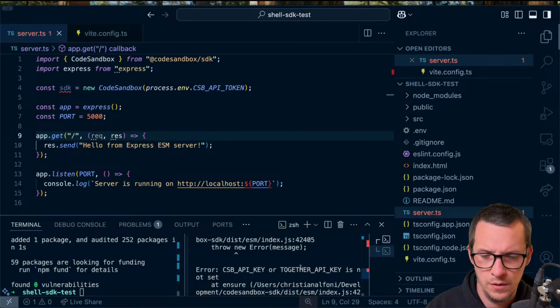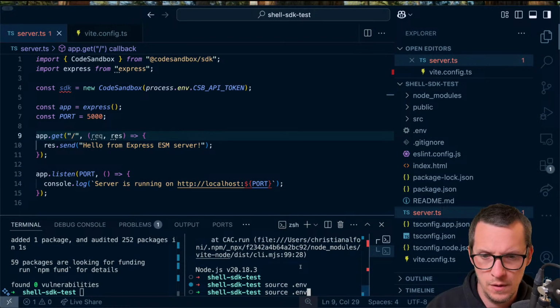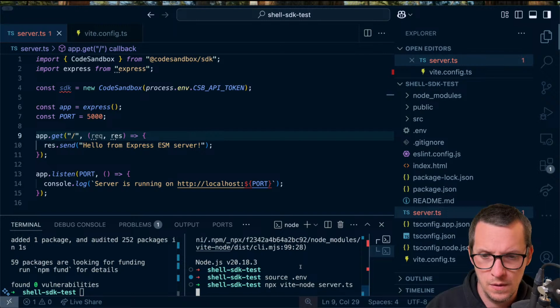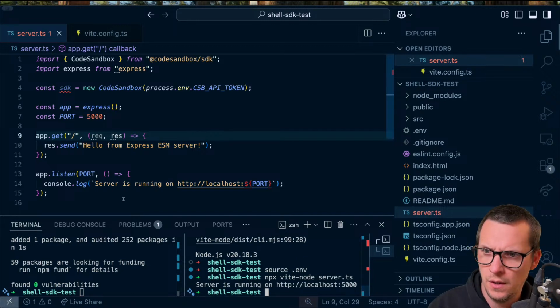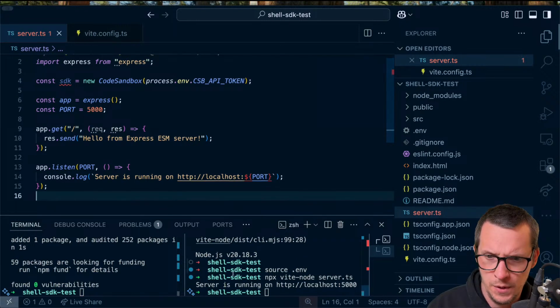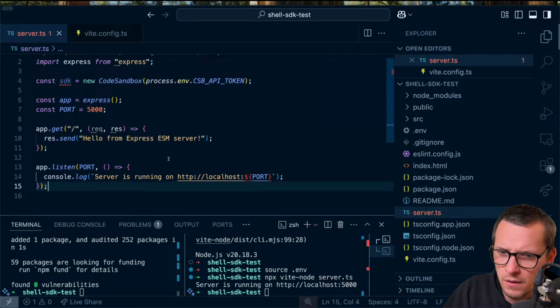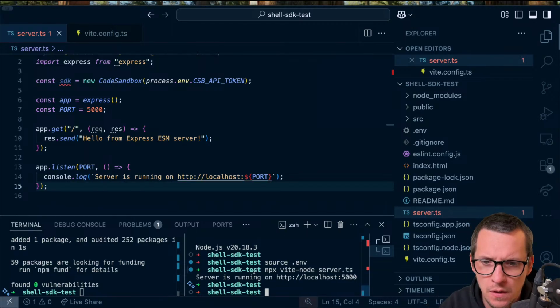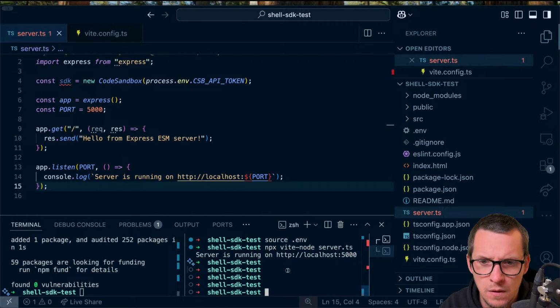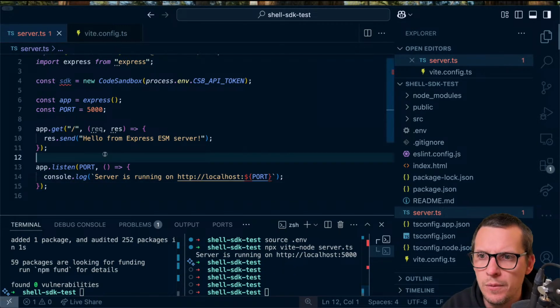I'm gonna copy that, and paste it here as well. Then I'm gonna do source .env. And then the server is running. Why does it exit? That's weird, isn't it? It shouldn't exit. Anyways,